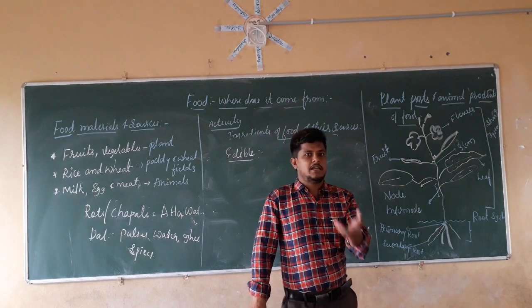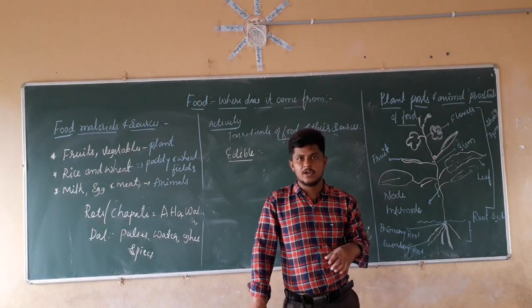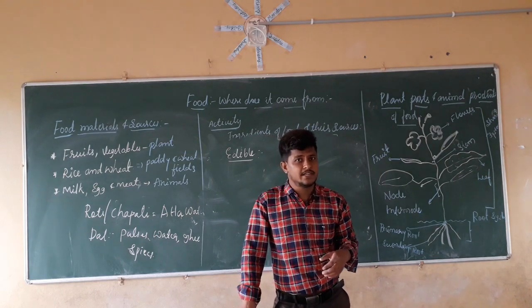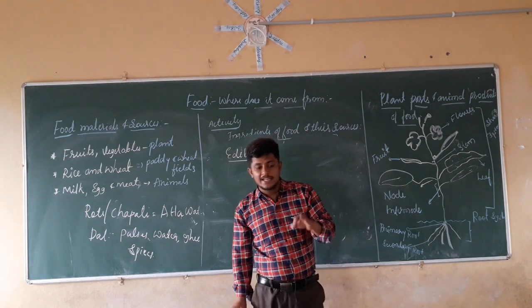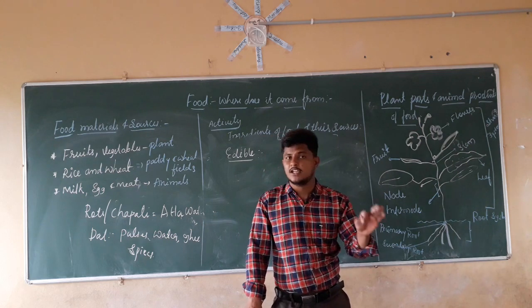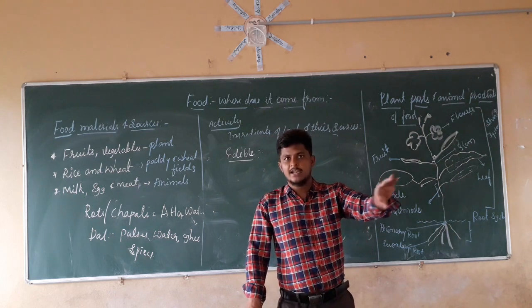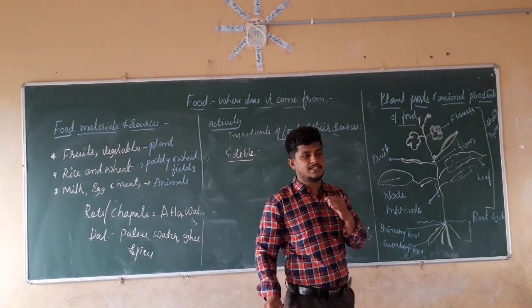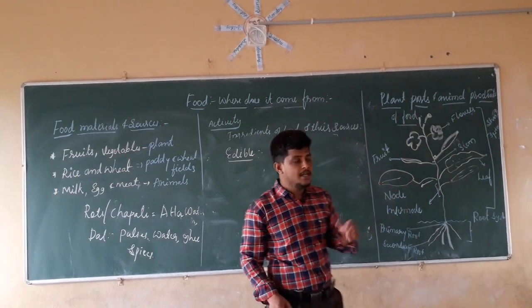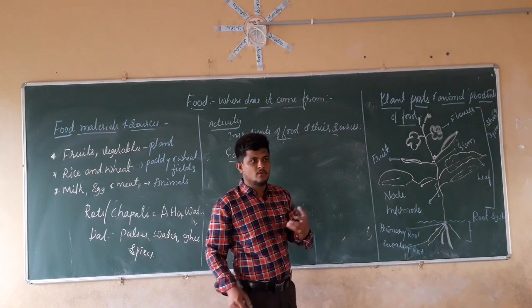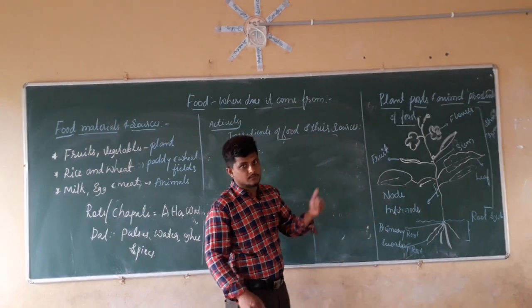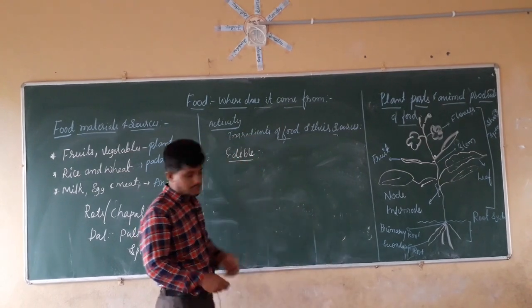Again, for example, let us take sugar cane. Can we eat the leaves of sugar cane? No. We can eat sugar cane and drink sugar cane juice, but we can't eat sugar cane leaves. In the same manner, only some parts are edible. In some cases, there will be more than one or two edible parts which we are going to use. One by one we are going to discuss those things.